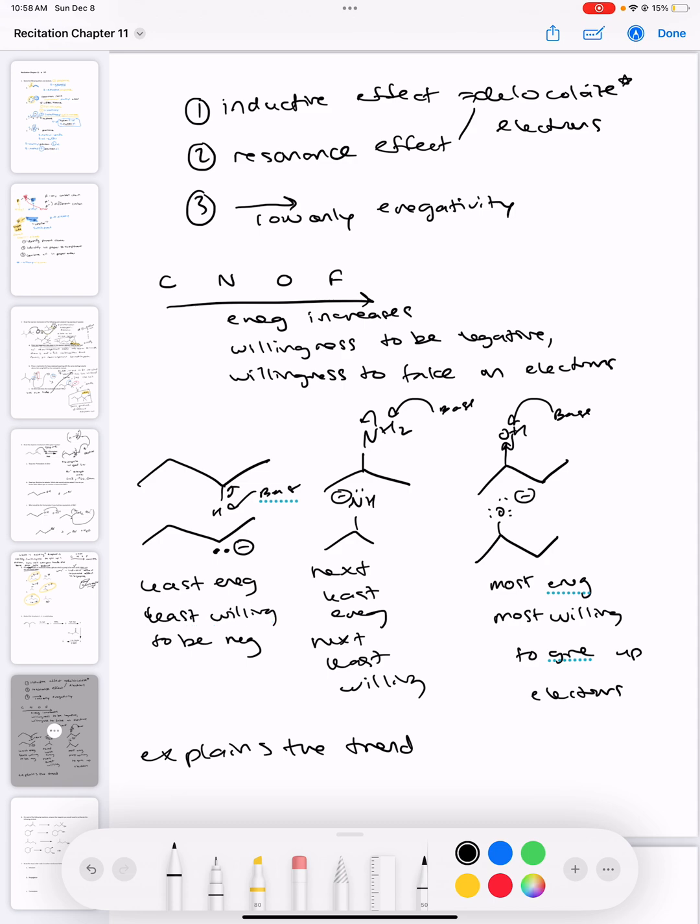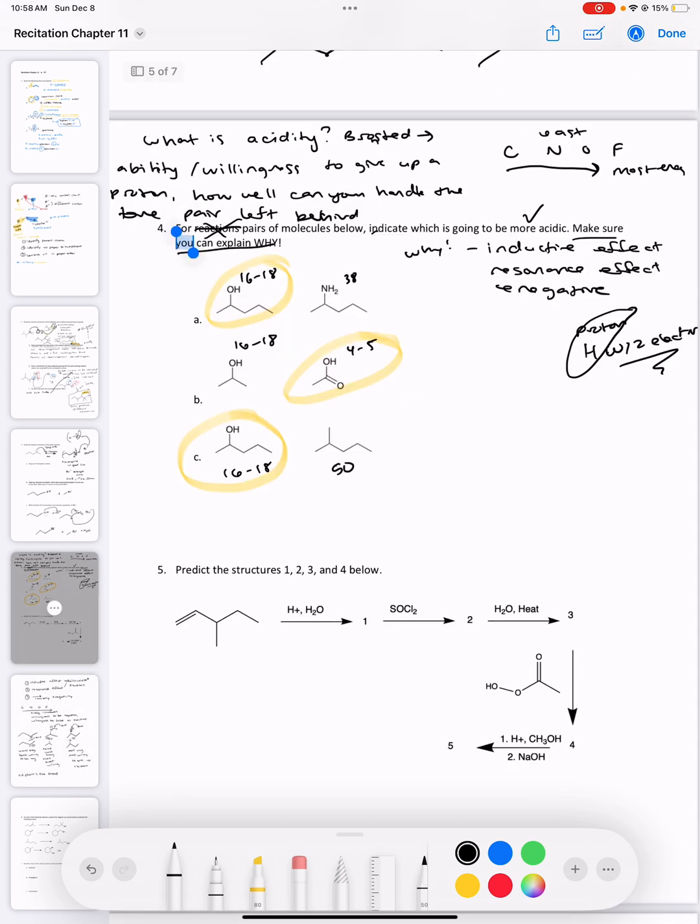So that would be the explanation I would give for A, is that oxygen is more electronegative than nitrogen. So when comparing atoms on the same row, electronegativity could be a big determiner in willingness to deal with the electrons left behind. Now, that answers kind of A, and it also answers C pretty well. You'd have to really be able to, if you were writing that as an explanation, clearly communicate that,